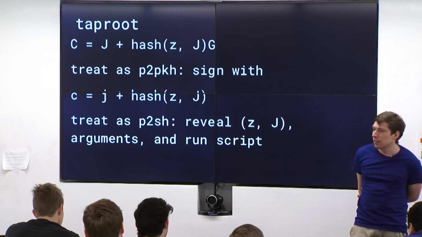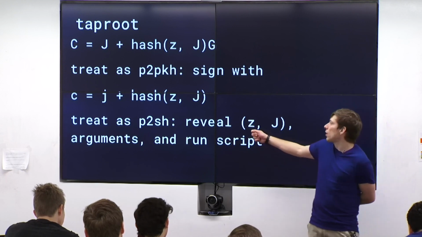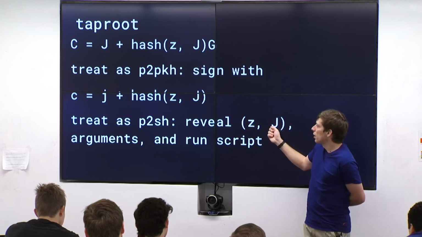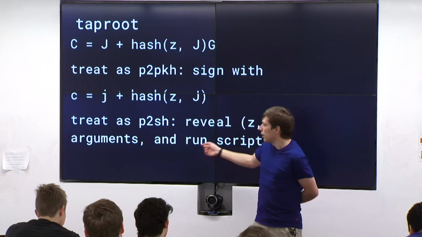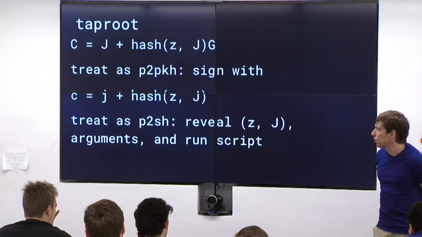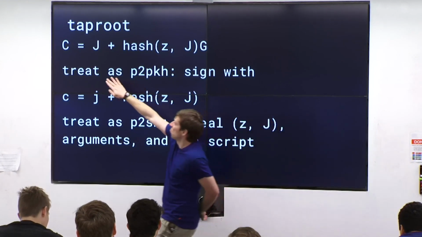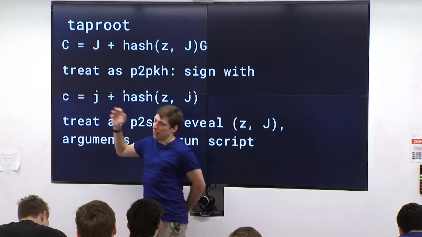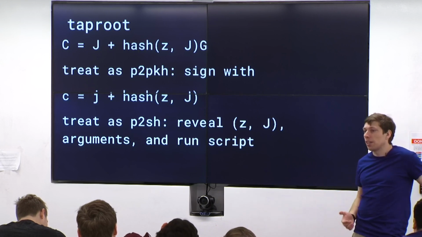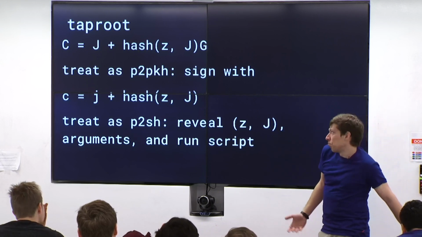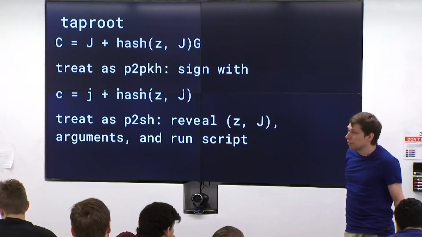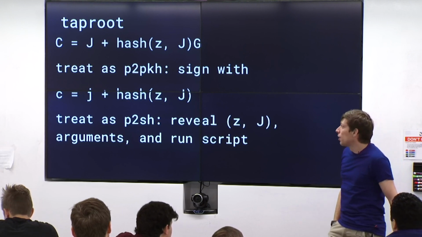Nobody has to know that I did this. However, if I want to make it into a pay to script hash, I reveal the script Z and the pub key J, and then I put some arguments on and then run the script. So if I don't want to show that there was a script, I don't have to. I just sign with the private key, and nobody knows that there was a script at all. And maybe if everyone's using this, 80% of the time, that's what happens. Maybe there was a script in there, maybe there wasn't, can't tell, right? However, if I want to reveal, hey, actually this time I'm using the script, I reveal